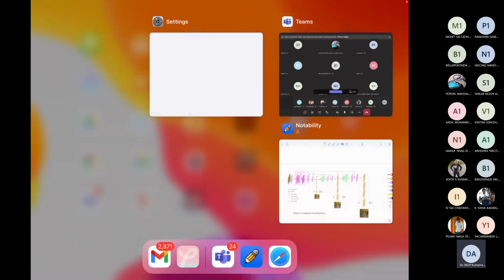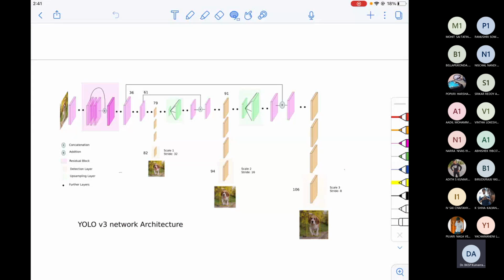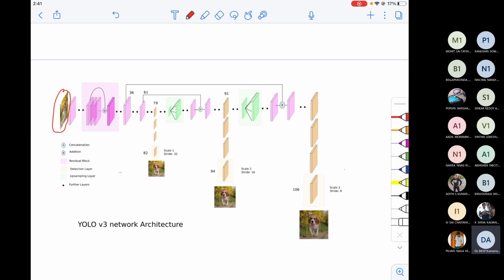So this is the YOLO V3 architecture. The same architecture we have seen in the labs while I was explaining object detection. So what is happening here? I have an input image, and I'll be passing this to some convolution layers. Then I have an intermediate convolution layer, the 36th layer.